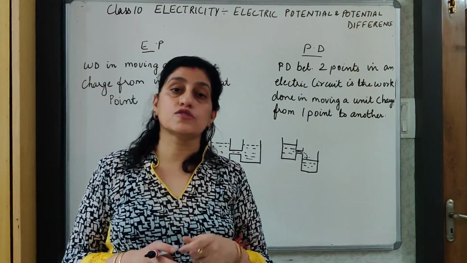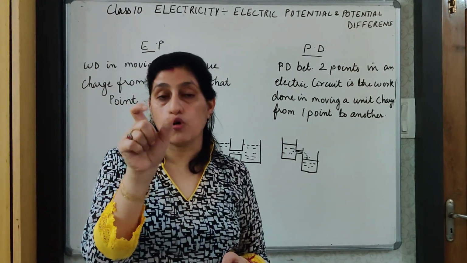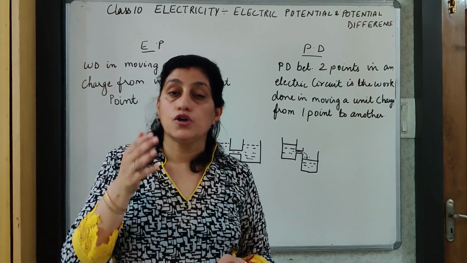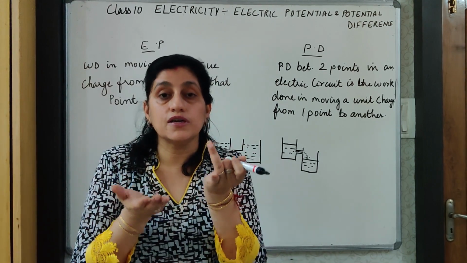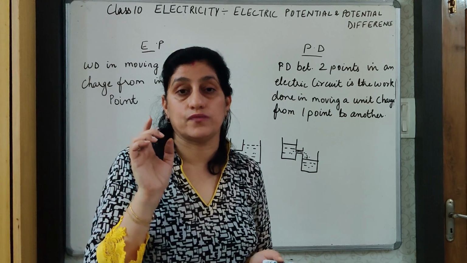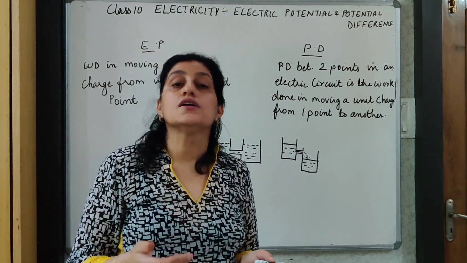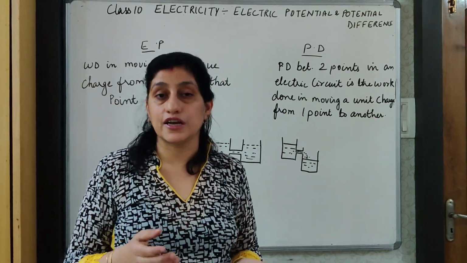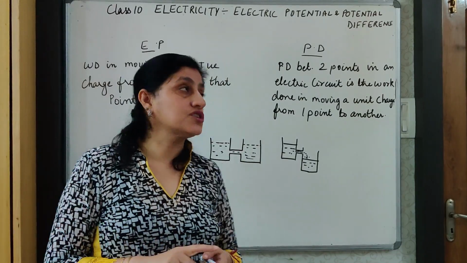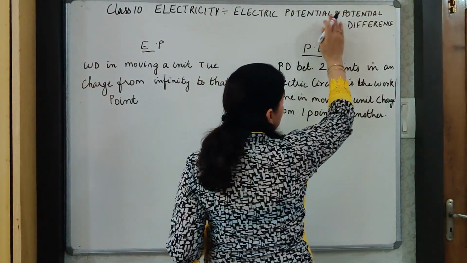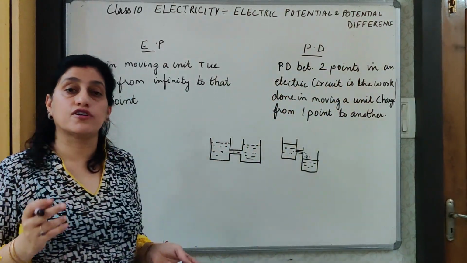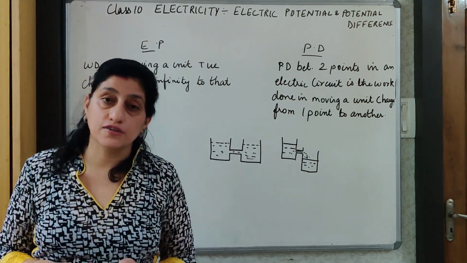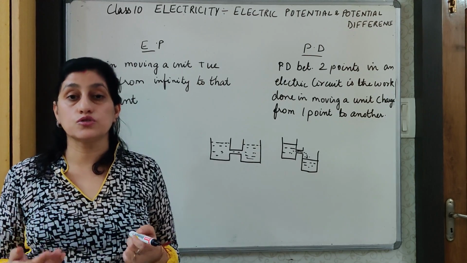Similarly, what we did in the previous video, that electricity is the flow of charges. Then how are the charges going to flow? For the flow of charges also, there has to be a difference in the electric pressure. Like water pressure, like air pressure. Similarly, there also has to be a difference in the electric pressure for electric current to flow. And that electric pressure is referred to as potential, and the difference between the two is referred to as potential difference. So there has to be a potential difference for the electric current to flow.